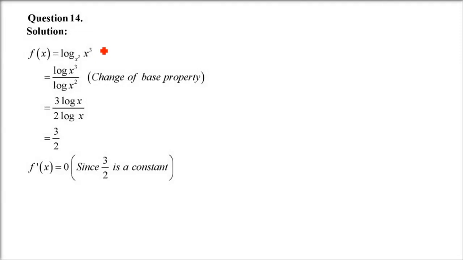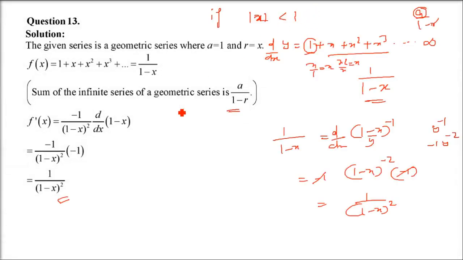Question number 14 it is. Let me tell you again, this mod x less than 1 is important here. Because it is given in the question, you cannot have x as 1. If x is 1, it will make your function not differentiable. So if you are preparing for your competitive examination, say IIT or something, then you have to be very specific about this. For normal board examination, you can do like this. But for competition, everything which is given in the question is important. You will be using it somewhere in your question.